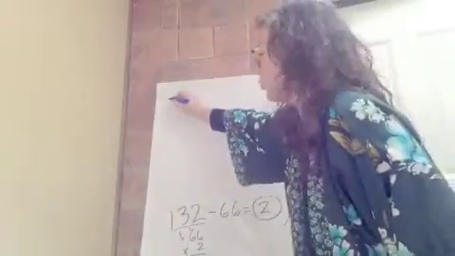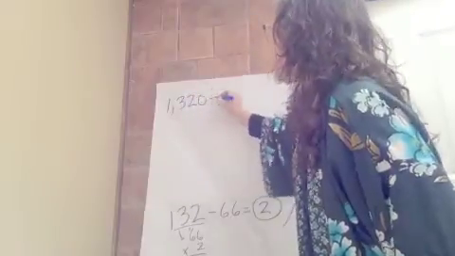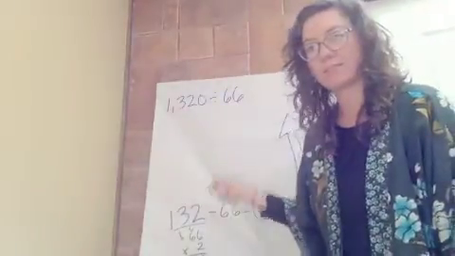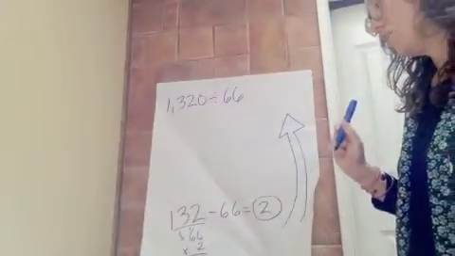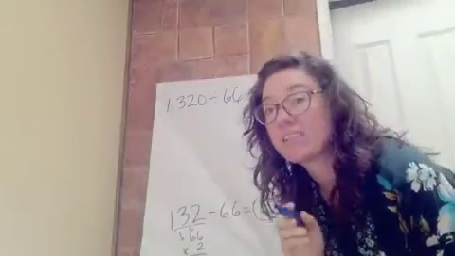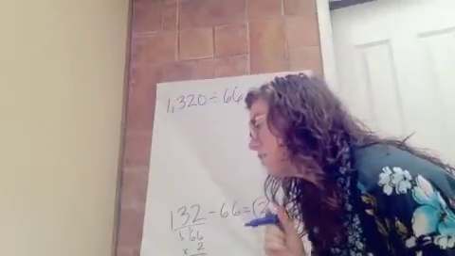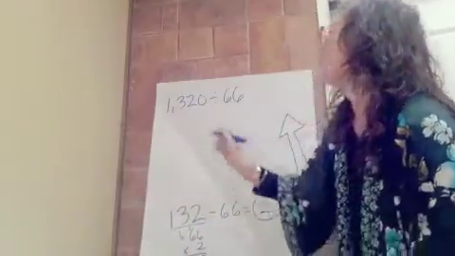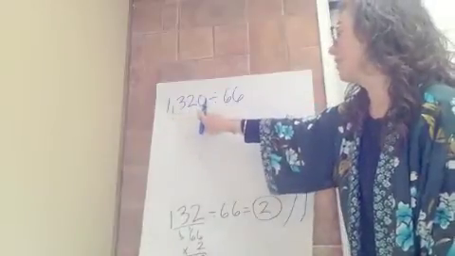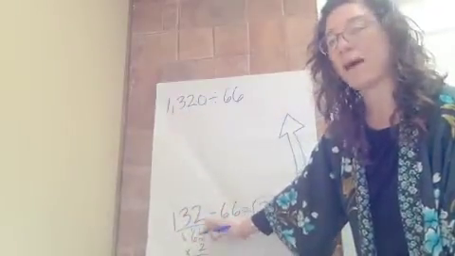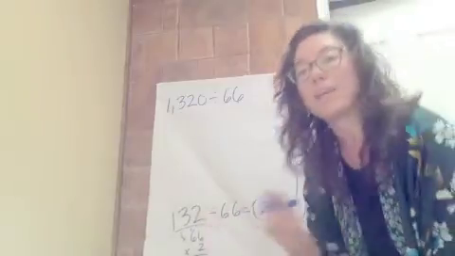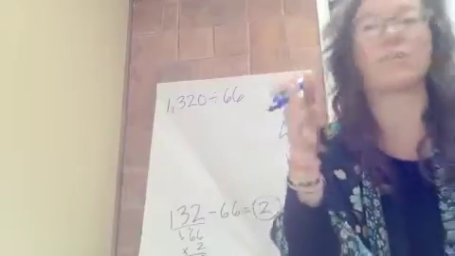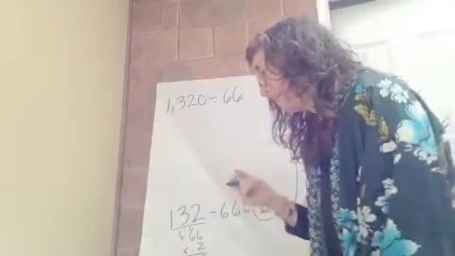But let's change it to 1,320 divided by 66. First off, what pattern do we notice? Okay. So friends, I want you to pay attention. This is really important. When we know 132 divided by 66 is 2, and we know that 1,320 is 10 times the amount of 132, we can also infer that the answer will be, you got it, 10 times the amount, right? And so,